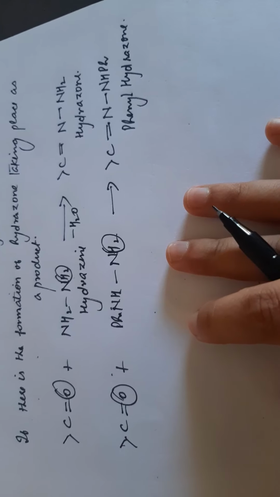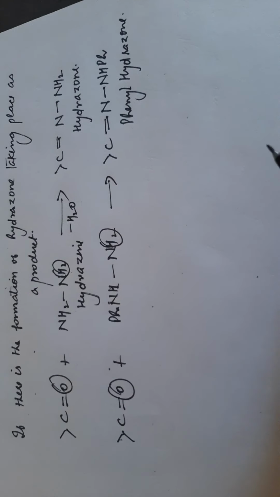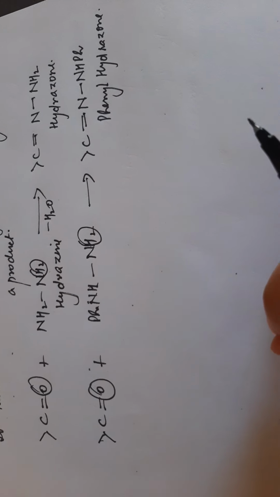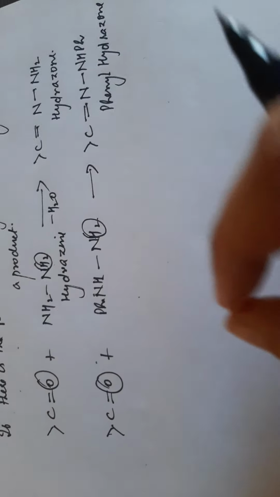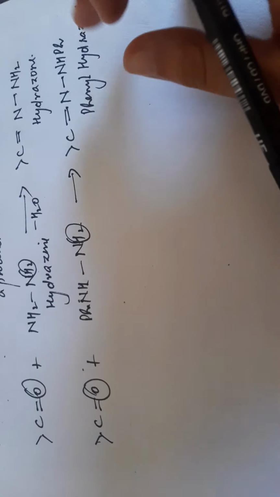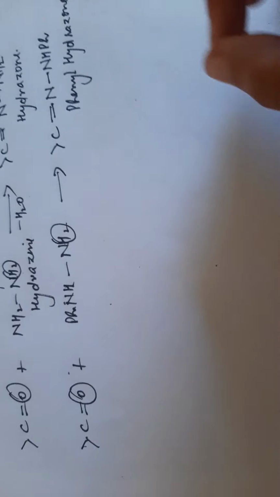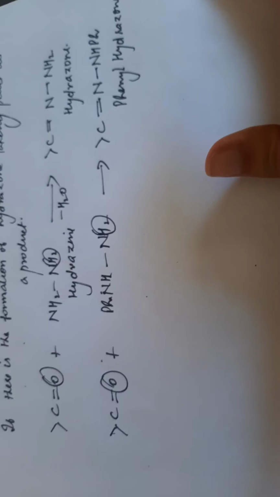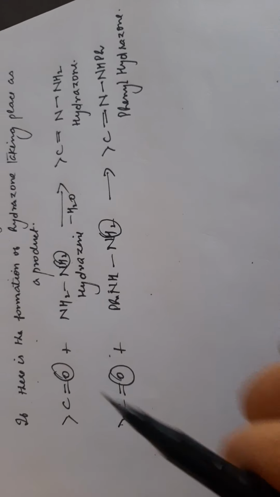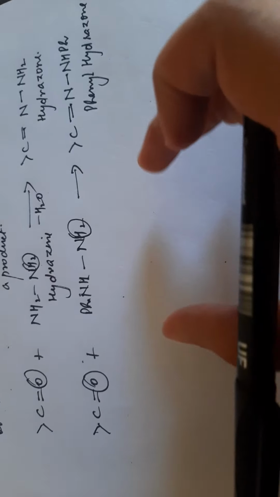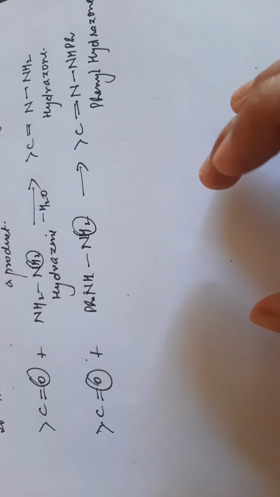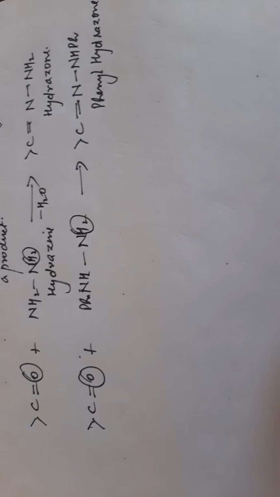Okay, so basically we can say that if the formation of oxime, hydrazone and phenyl hydrazone takes place when we treat our terpenoid with the respective reagents like hydrazine or hydroxylamine, it will confirm that in our terpenoid the oxygen is present as a carbonyl group. Now suppose our terpenoid gives the positive test for the carbonyl group. Our next step is to know whether the carbonyl is present as an aldehyde group or as a ketonic group. So what do we do?